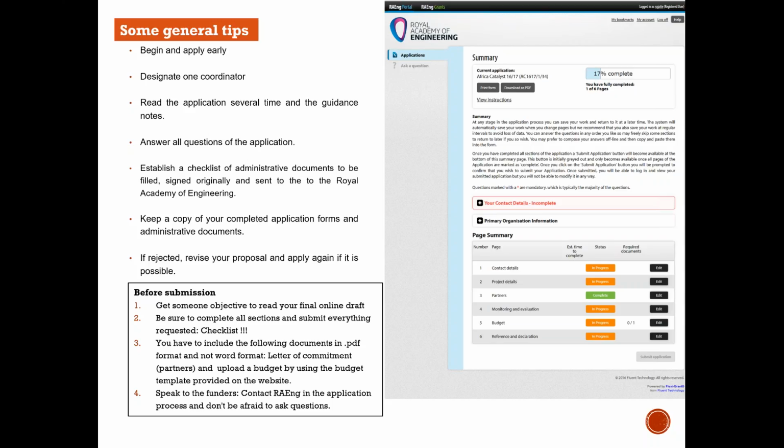Because if you have already read the guidance notes, later on, in November, they will contact you again for asking more questions or clarification on the application. This is mainly how we see when we